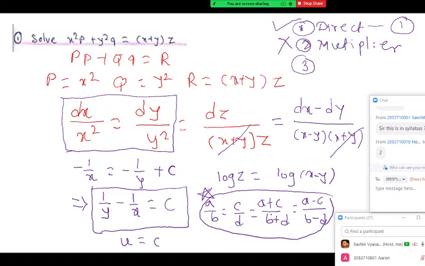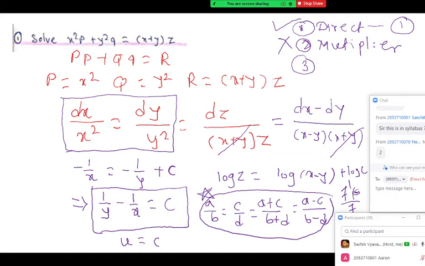this rule so that it should come in the form of f dash upon f. You will observe why I selected dx minus dy. The purpose is to make x plus y cancel, so that it remains in the form f dash upon f. If f is z, its f dash is dz. If f is x minus y, its f dash is dx minus dy. So that is the purpose, and we get this integration: log z equal to log of x minus y plus log c. And now if you remove the log on both sides, it is z upon x minus y equal to c.